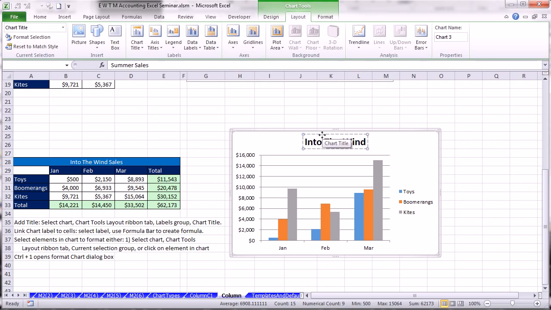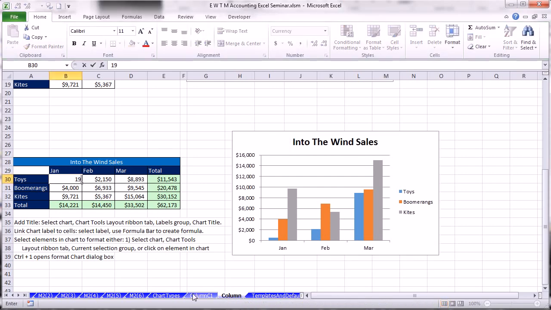But let's look at one advantage. If you have the chart title as a solid line, you could come up to the formula bar. If there's text you highlight, oftentimes there's no text, I'm going to highlight this and type an equal sign. Whoa, wait a second. That means I can link this with a formula to the cell. So I'm going to click on A28 and Enter. Now it's linked. Now let's look at this. Everything is linked. I'm going to change this to